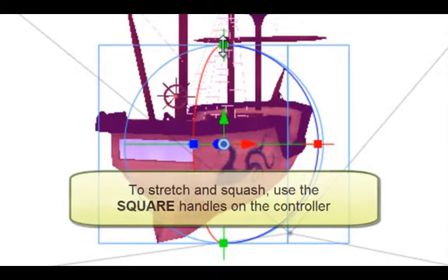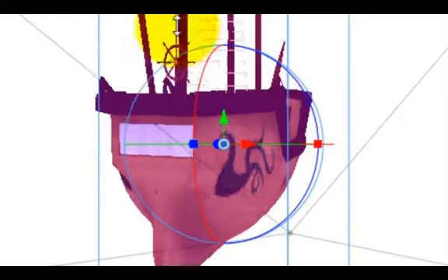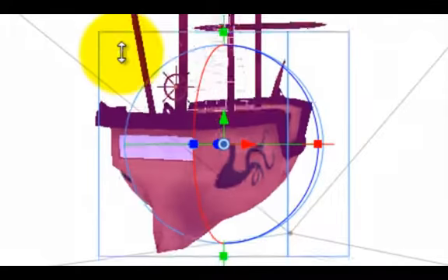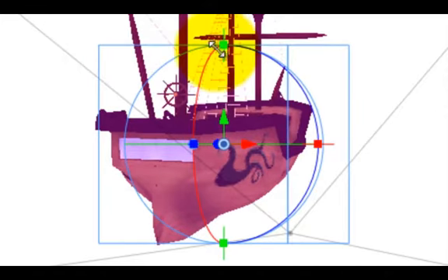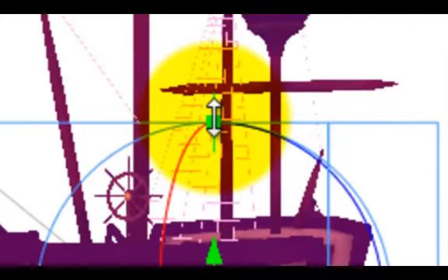So these are all color coordinated. So just like X, Y, and Z, you'll want to memorize these different colors. Green represents the y-axis. The y-axis is the axis that controls the up and down, or the north and south. Again, like a flagpole is the y-axis. So when we're going to be stretching and squashing, you want to grab that green square and drag upward and